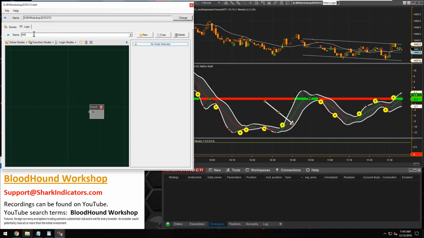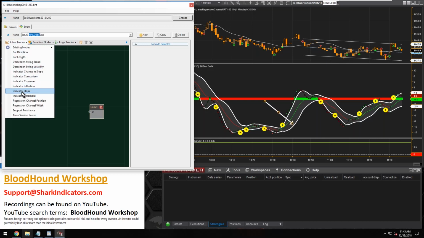All right, let's just make sure. So this is the Sim22 MACD BB that we're using. I know with Ninja 7 there were a lot of different MACD BB indicators out there, and I imagine the same thing's going to happen with NinjaTrader 8. Eventually there's just going to be a lot of different versions of this MACD BB indicator out there. So all right, let's go to our solvers list and grab a slope solver,